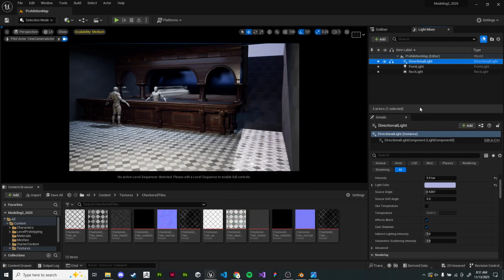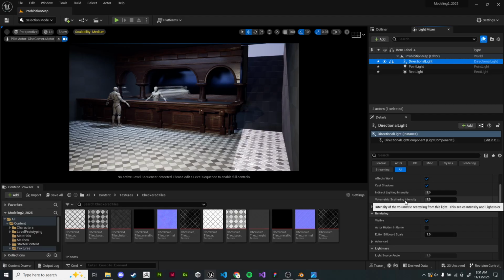And what that allows us to do is come into our directional light here. And we have a setting called volumetric scattering intensity. This does apply to every single one of our lights, but if you've ever wondered how they get those nice little God rays in their scenes, it's by cranking up this volumetric scattering intensity, right? So basically this tells Unreal, hey, this light should affect my volumetrics. It should cast light onto my volumetrics. This is a bad example, but if I just crank this up to an unbelievable amount,